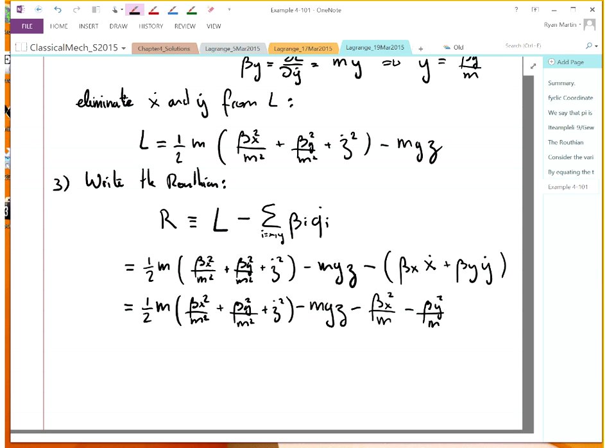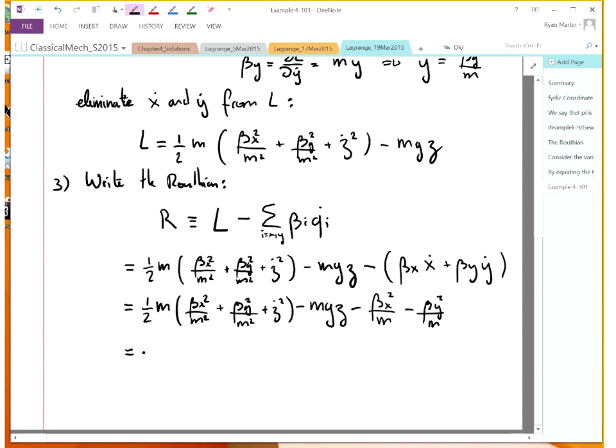Well, in the first term, I have a half beta x squared over m, right? Because the half m in the kinetic energy term cancels one of the m's in the denominators of the two terms that have betas in them. So I have 1 over 2m beta x squared plus beta y squared, minus beta x squared over m, minus beta y squared over m. So if I group them all together,